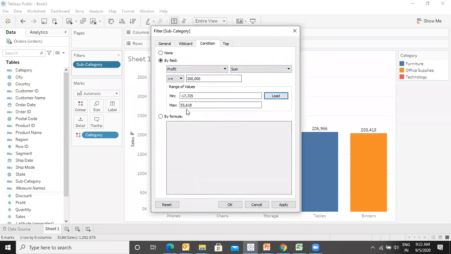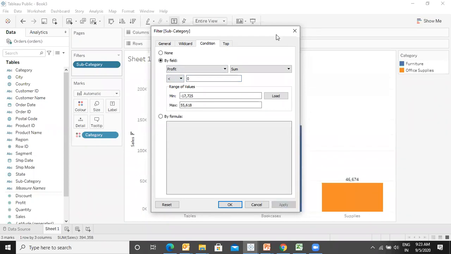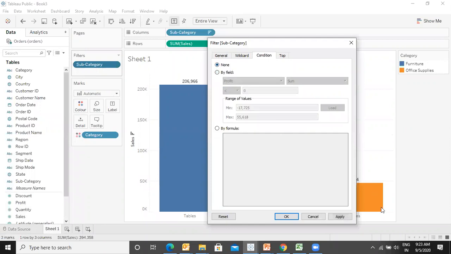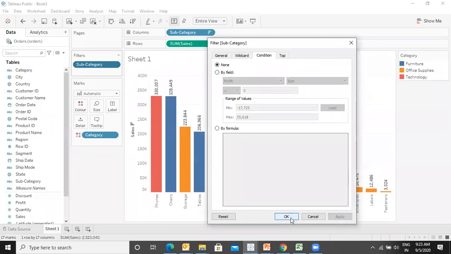It gives you the sum of profit over here, and I say where the sum of profit is less than 0. So it will indicate those cases in which I have incurred losses. Apply. So these are the categories in which I have received losses: table, bookcase, and supplies. Right, so I say apply and okay.